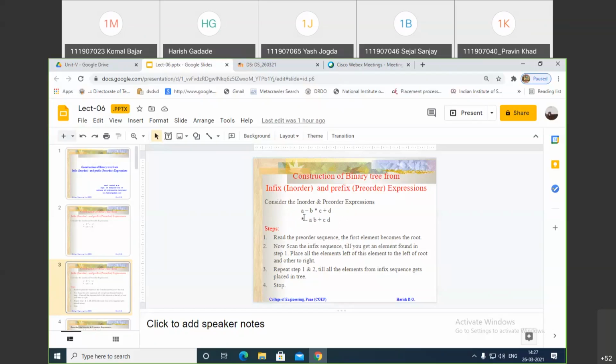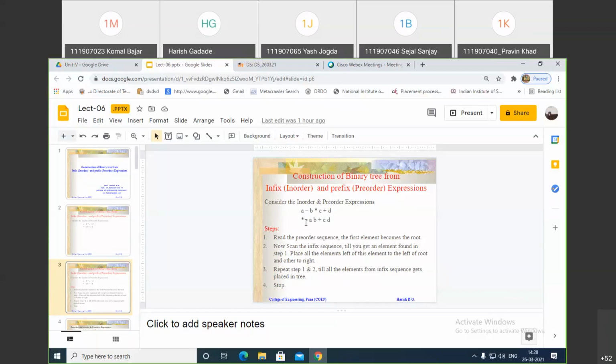I'll explain after completing these three steps. Consider you are reading the prefix expression. The first character read is star. Now scan the infix sequence till you get the element found in step 1. It means in the infix expression, you search for this star, and place all the elements left of this element to the left of the root and the others to the right.